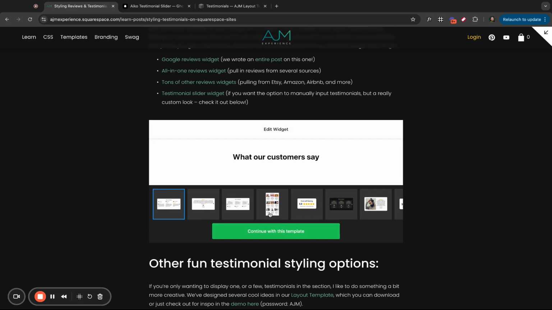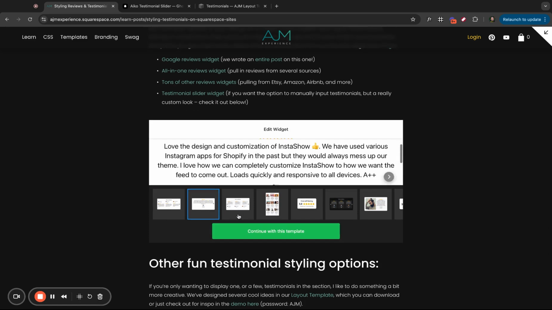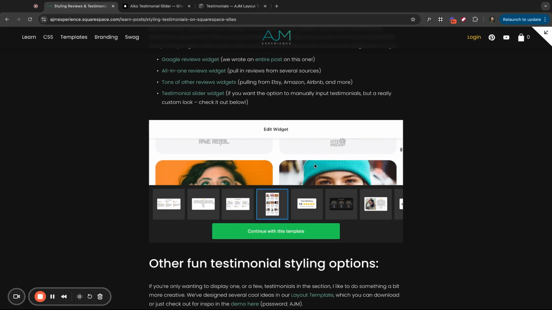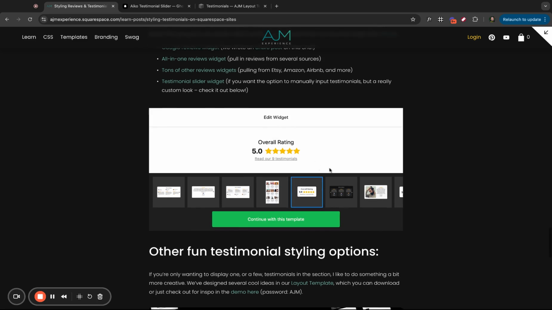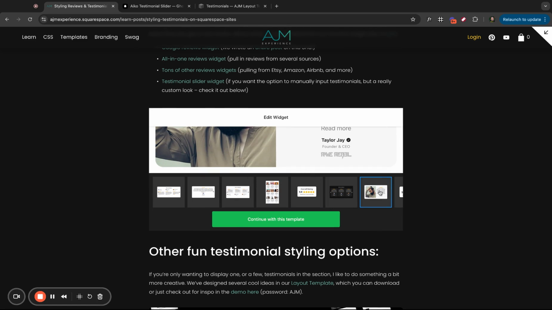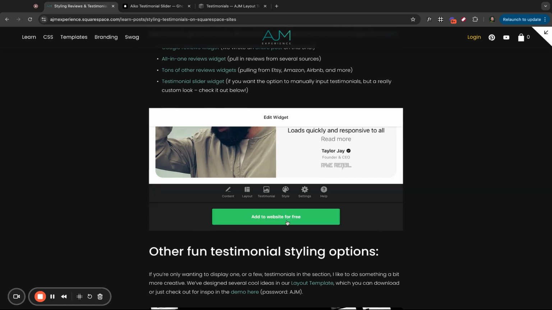I've embedded it here for you, and it's kind of cool because here you can start seeing all your options. So there's these options. You can do something more like this. I need to expand this box so you can see it better. There's a lot of options here that you can't do on Squarespace alone. So you can scroll through. But then if you continue with the template,